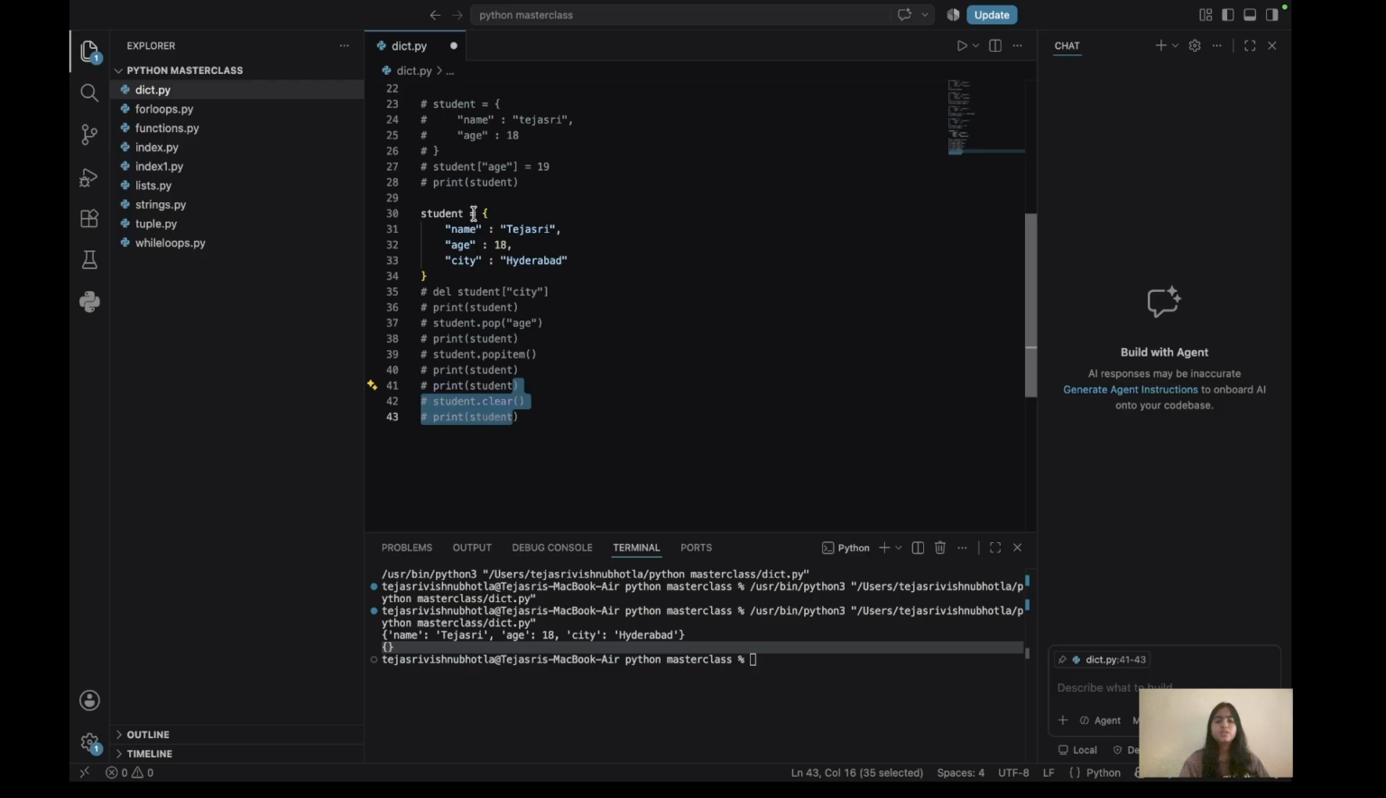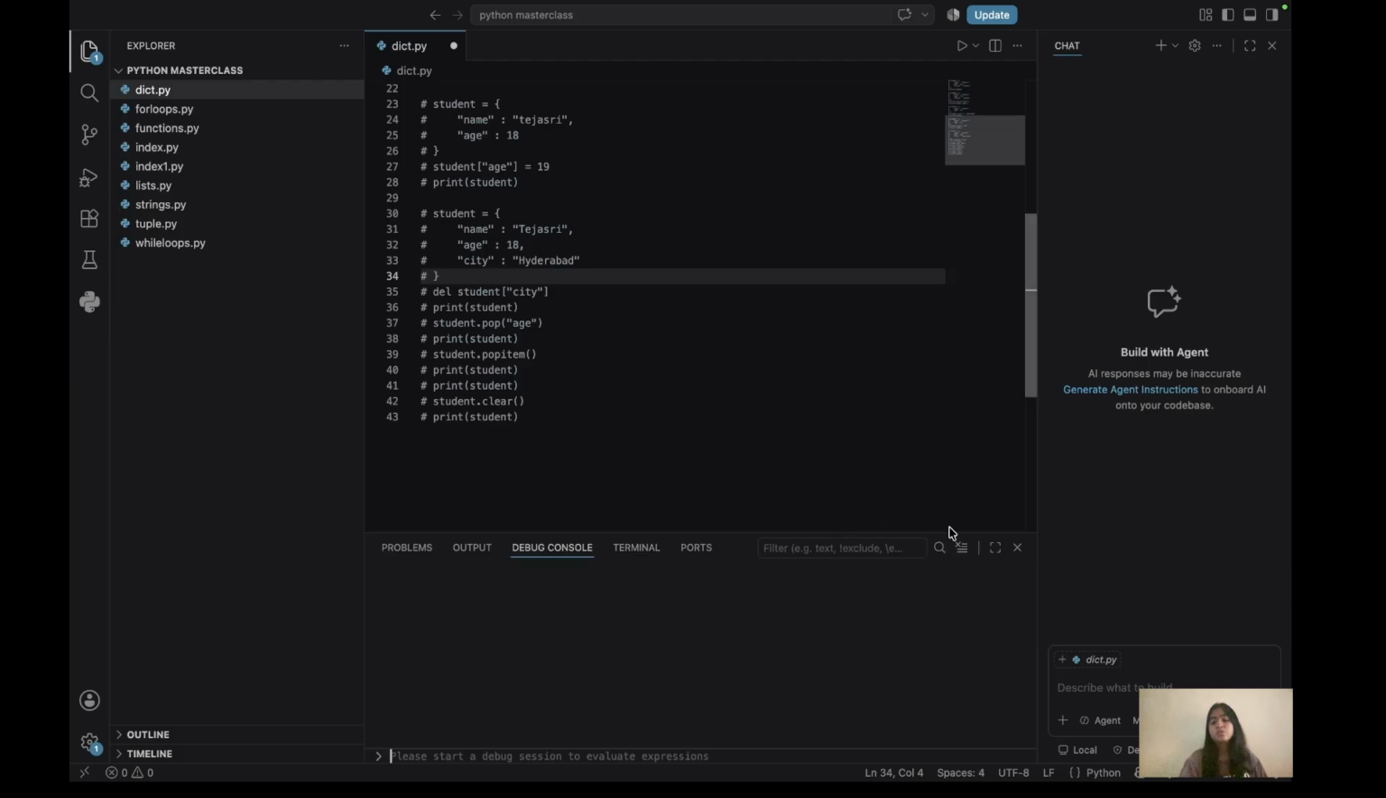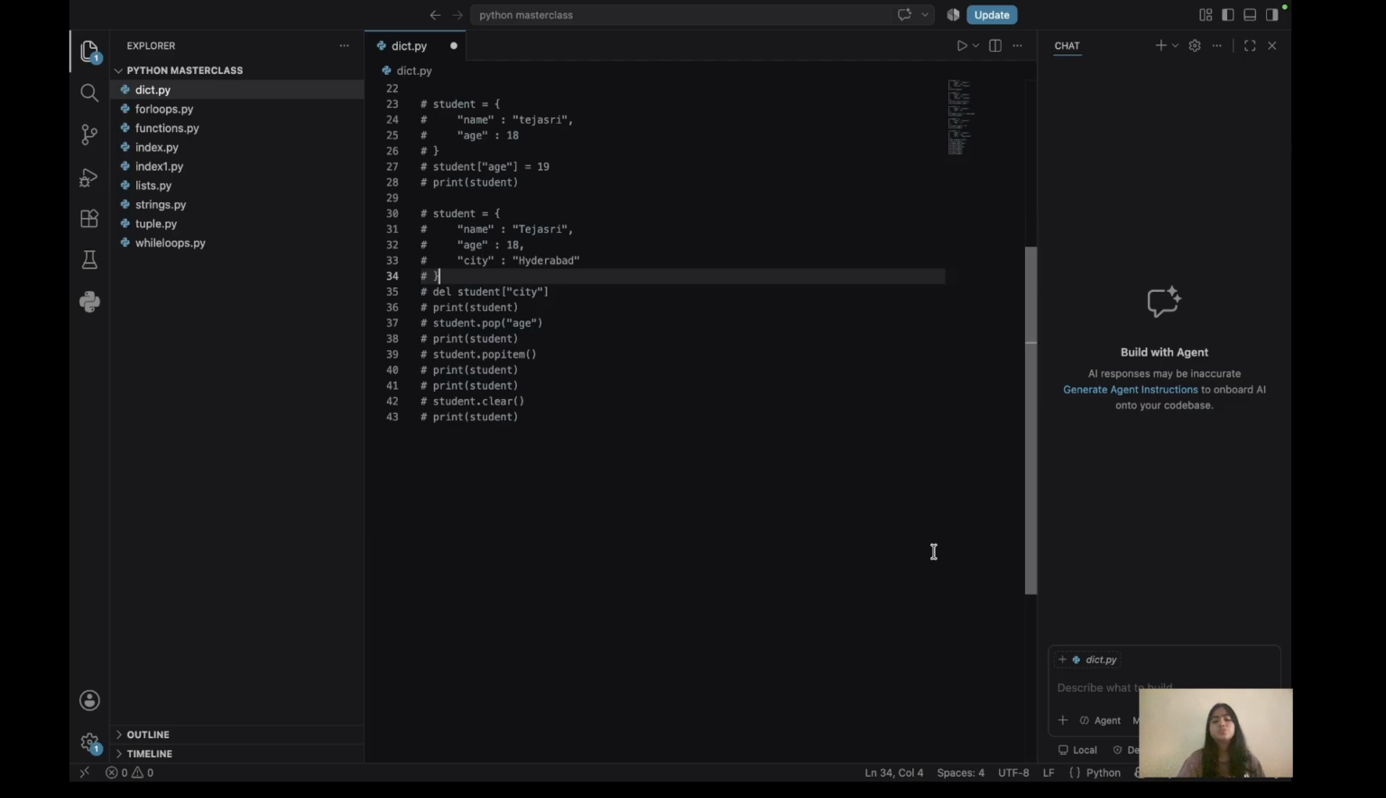So this is how we can remove a specific element, or remove the last element, and also clear the entire dictionary and pop out the last element from the dictionary and everything. Now we will go to our next concept, that is